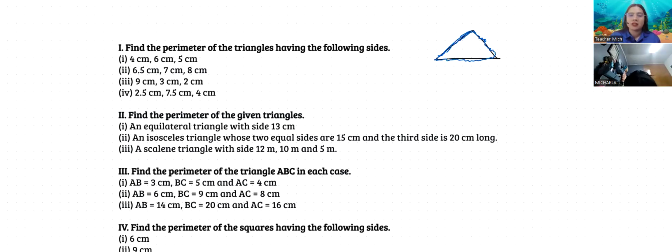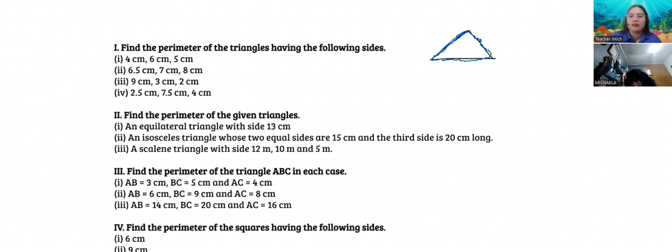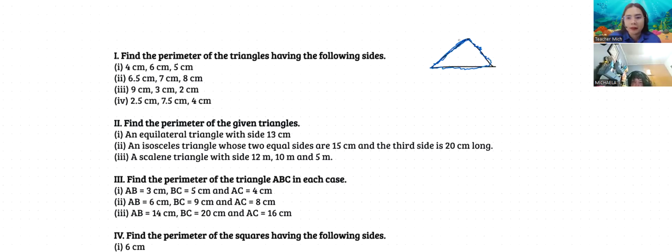So if this is just a triangle, anak, we have here, for example, a side A, a side B, and a side C. So think of it as a scalene triangle. Those are triangles that do not have the same measure. So for the formula, the perimeter of a triangle is equal to A plus B plus C. We just need to add all of its sides.